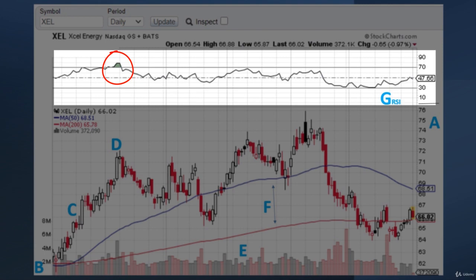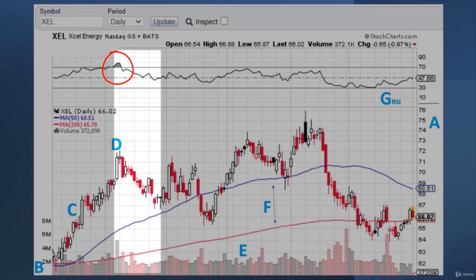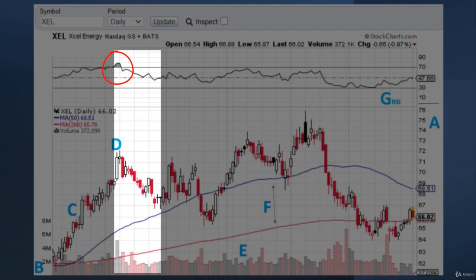But you can see where it peaks above that 70 number and it's kind of grayed in there. That's where it's telling us that this might be a time to sell. And if we look straight down from that gray part, we can see our prices really started to peak there, right about where the letter D is, and then started to turn and go down, right? So if we look to use this relative strength indicator, we could confirm or look and say,